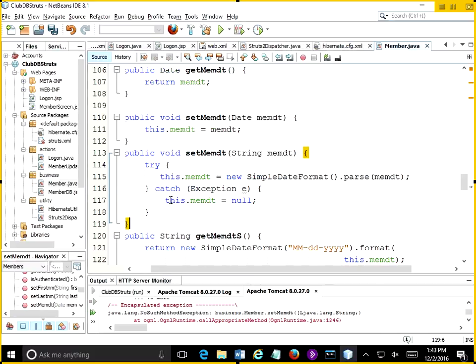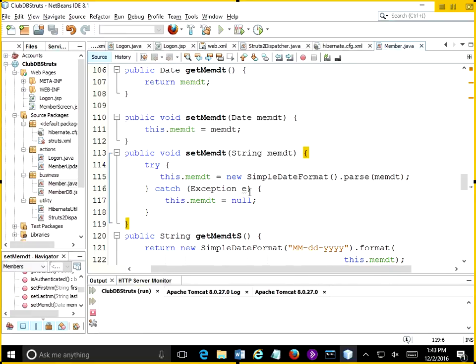So you parse the string that comes in into a date. You have to do it in a try-catch because that can throw a parse exception. And we're going to turn memDate to null if that's the case. Or maybe we should just not do anything. But I'll turn it to null, so we'll see it if it happens. Anyway, so you have an overloaded method, set memDate, that takes a string, and now when you run,